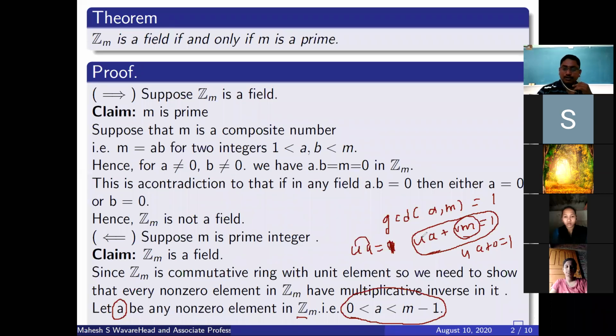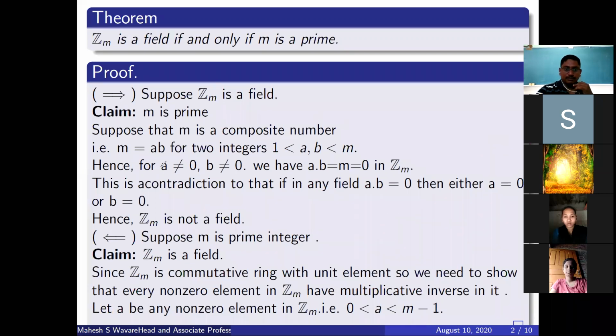In the set of integers, your u may be negative or whatever it is. But when you write u modulo m, it must be between 1 and m minus 1. So u is also part of Zm, and for each non-zero element there exists u such that their product is 1, and the other part becomes 0 when you treat it modulo m. In this way every non-zero element has a multiplicative inverse, meaning this Zm is a field. This was the converse part, and the implication part is also an easy one.